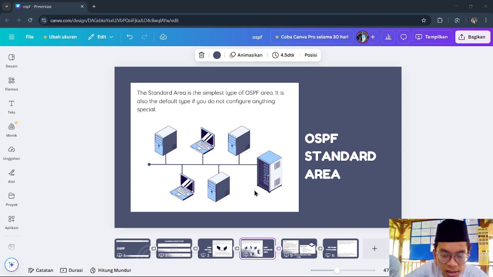This means the standard area has a complete view of routing information inside the OSPF domain, as well as external routes redistributed into OSPF. So you guys asked me what the meaning of LSA is.